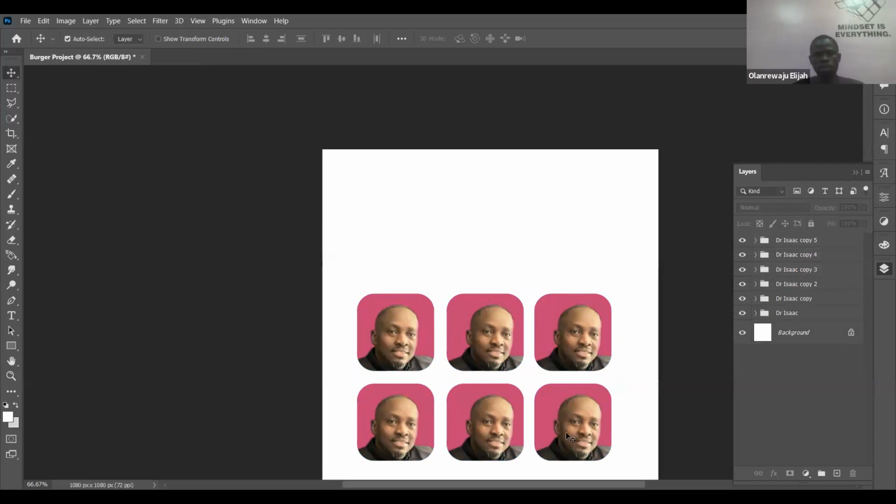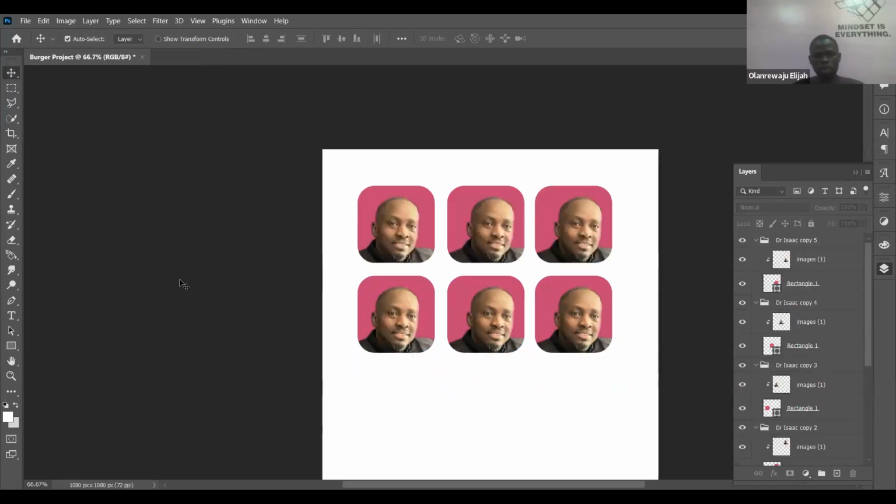Can you see? So now we have been able to talk about transformation, which helps you to rotate your image, your shape, your object, and all. It also helps you to flip it, either horizontally or vertically, right? Then you can also perform perspective. You can change the perspective of any object or any image with the help of the transformation.